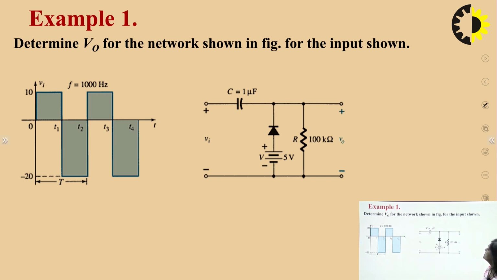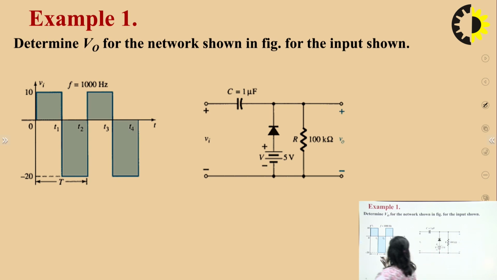Now we can see this question. Biasing is there with the diode also. So this biasing is generally used to shift the amount of the DC level, by how much amount we have to shift the DC level. So here also we can see first of all that in which cycle this diode will be forward biased. So this diode will be forward biased in negative half cycle.